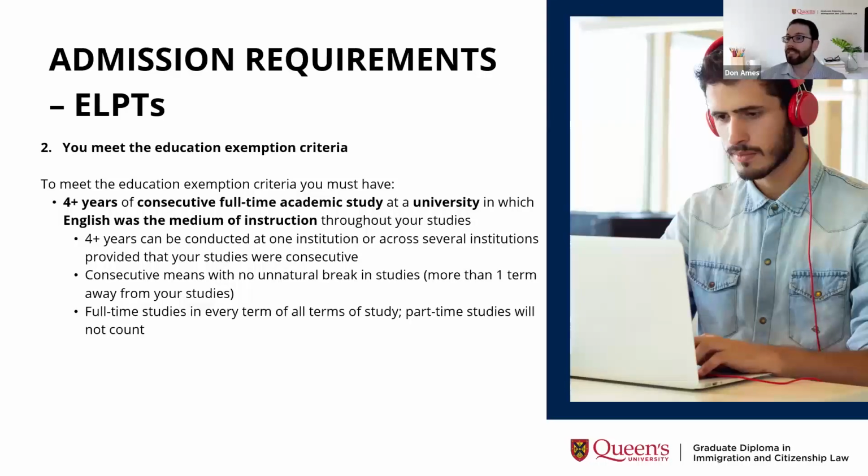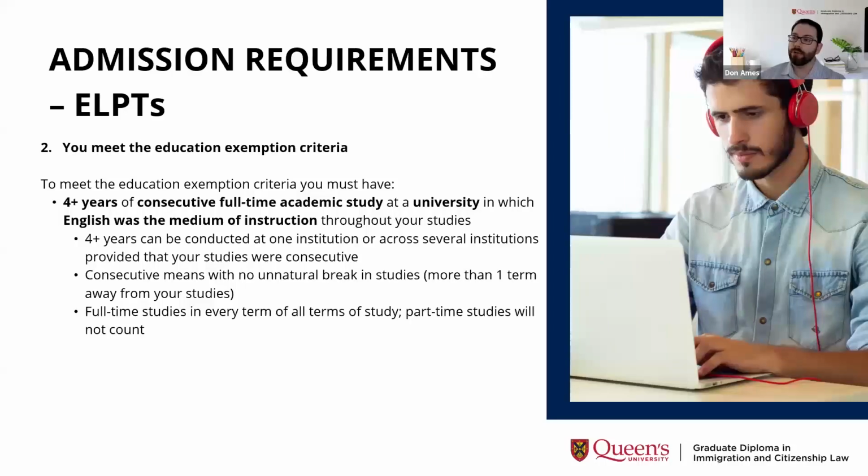So we know that there are examples of individuals who have studied a 3-year Bachelor of Arts general diploma, and then they immediately go into a Bachelor of Education 1-year undergraduate degree. That would be consecutive, and we'd be able to review that. If there's any unnatural break in studies, so say you completed a 3-year bachelor's general degree from a university in 2010, and then you went into a master's program at the beginning of 2013, we can't combine those studies together because there's a 3-year gap.